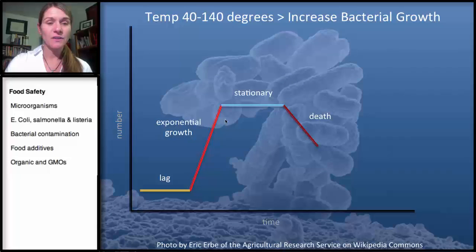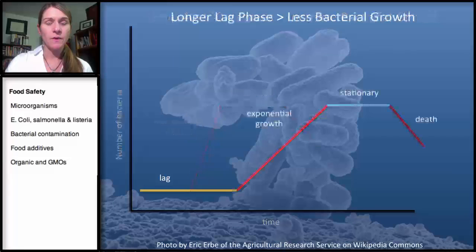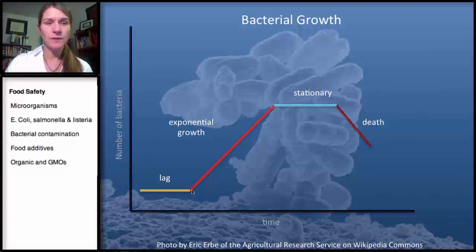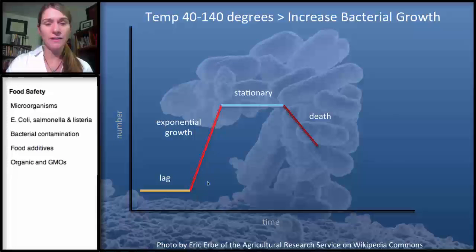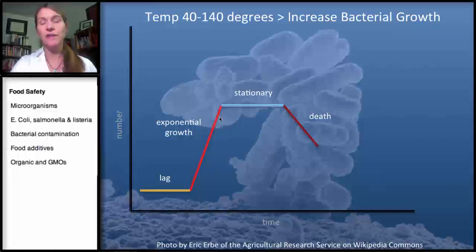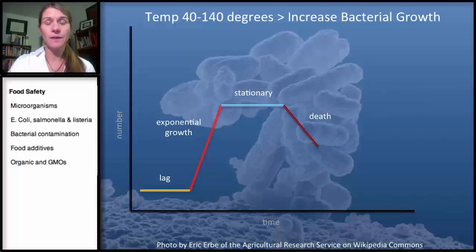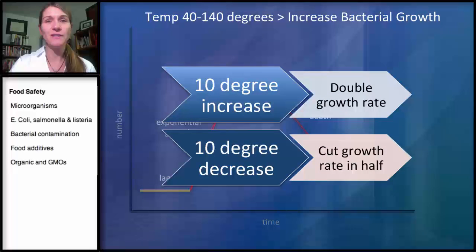And you can see here, I'm going to go back 2 slides. So if this is the number of bacteria, we get up to here. This is a certain number of bacteria, and this is the time it takes if we keep foods in this area. It takes a lot less time to have the same amount of bacteria. The more bacteria, the greater chance for spoilage and the greater chance for foodborne illness. So for every 10-degree increase in this range, you can think about it as doubling the growth rate. For every 10-degree decrease, you cut that rate in half.